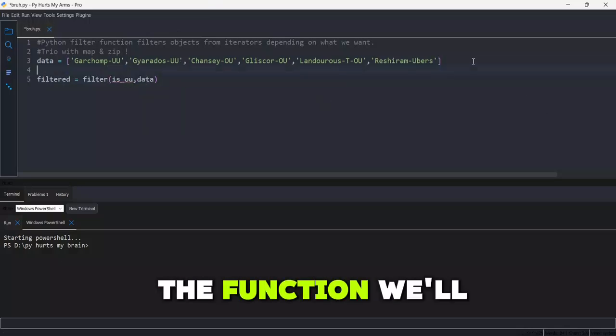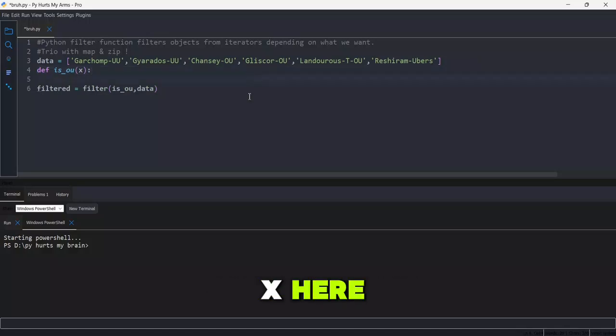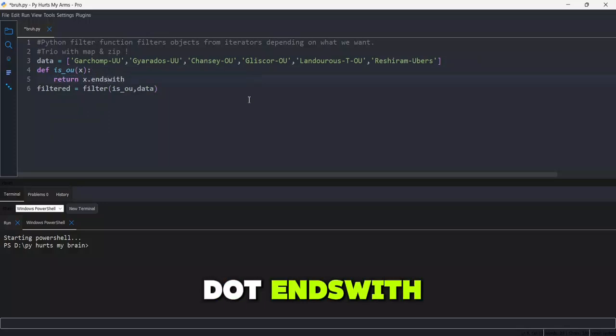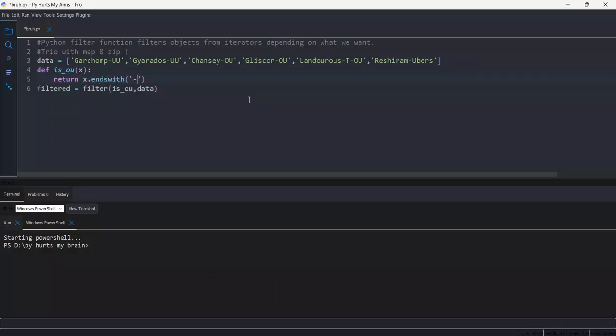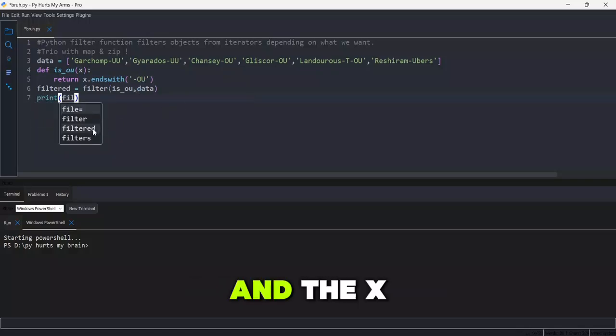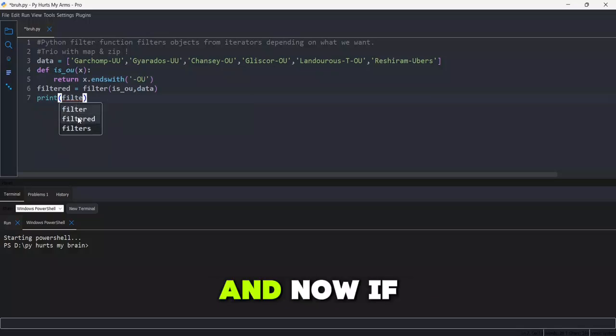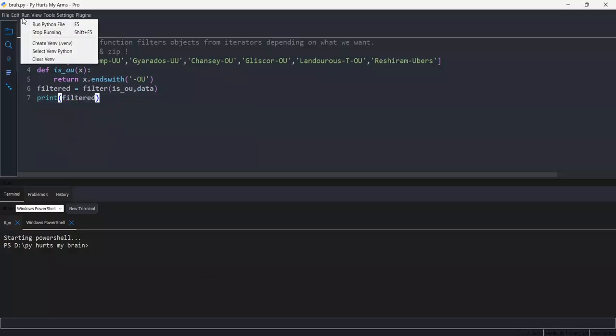So now we need the function. We'll simply type def isOU and pass the x here. We'll return x dot endswith dash OU. So it will return every x that ends with OU, and the x is the element in the list. And now if we print the filtered,